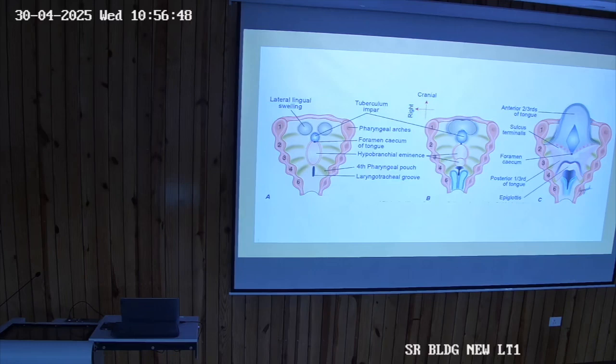Third and fourth arch form the hypobranchial eminence, which overlaps it and goes towards the posterior part of anterior part of tongue and fuses with it along the sulcus terminalis. Okay. So hypobranchial eminence in the posterior part, anterior part tuberculum impar and lingual swelling. Now can we derive the nerve supply, sensory nerve supply of tongue from this anterior 2/3 part?